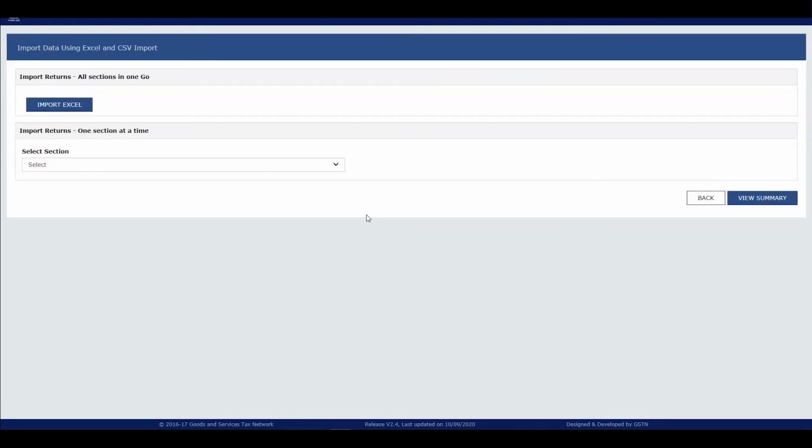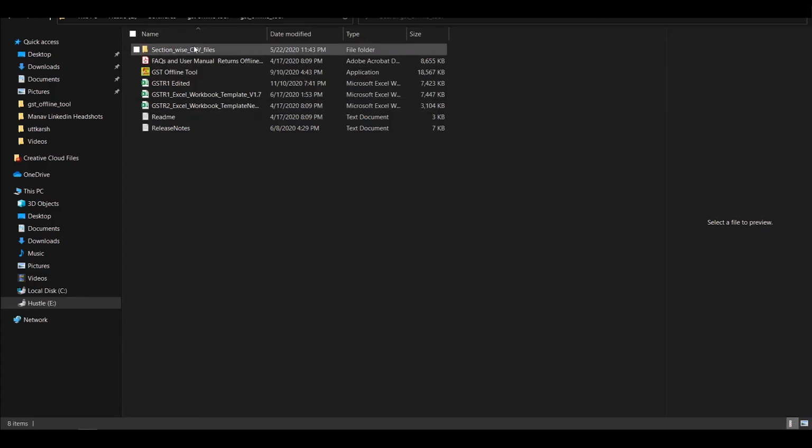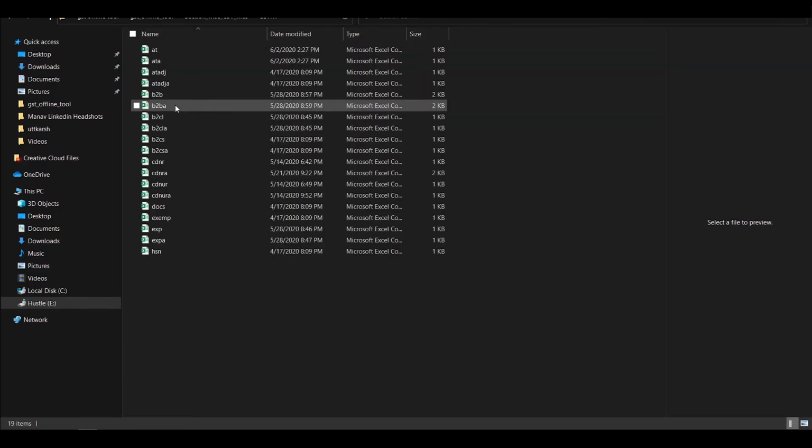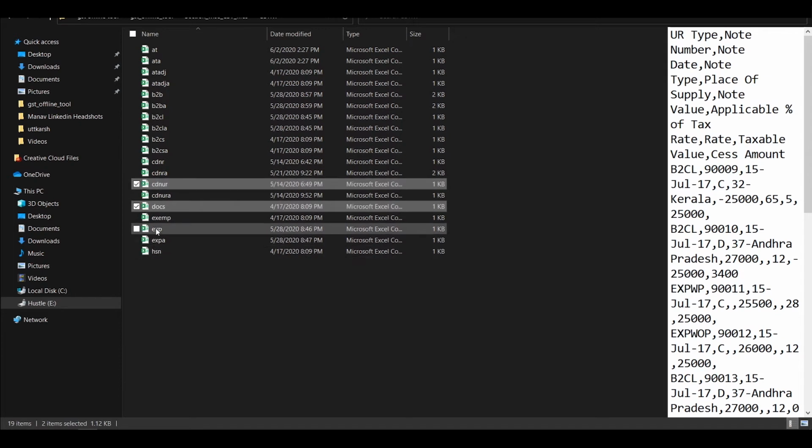So guys, now what you want to do is you have two options. Either you can import the whole Excel which we have filled just now, but there are usually some errors which come up when we import the whole Excel. Since it's very large, maybe that's the reason. So what I would suggest doing is just select the sections of our interest and upload the separate CSVs for each of them. So guys, what you want to do now is go to section by CSV files, GST R1, and just copy the three sections, docs, CDNUR and the export section, EXP.